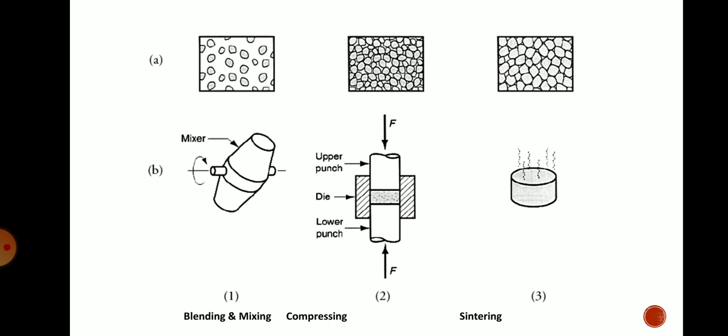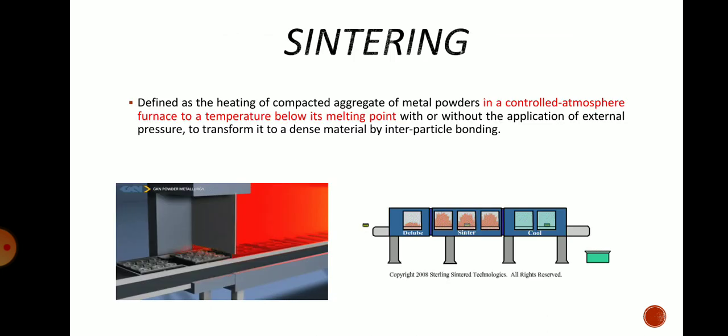But that dense component is not our final product, because after application of some amount of force, that dense particle will become a loose powder. So to avoid that, we must do some further process, that is a heating process called the sintering process, to get those powder metals to be bonded to each other so that they will not get removed while in use. So this is the sintering process that we need to do after compressing.